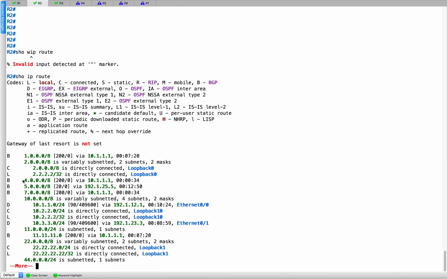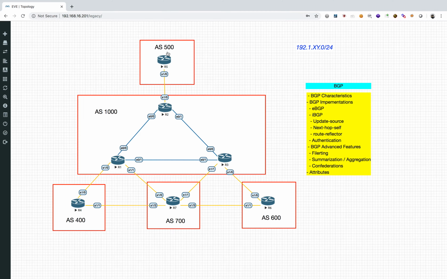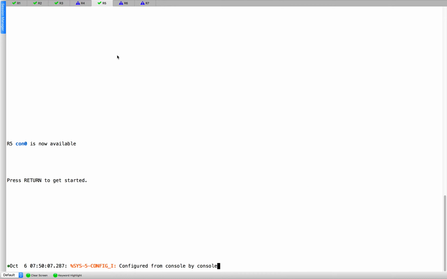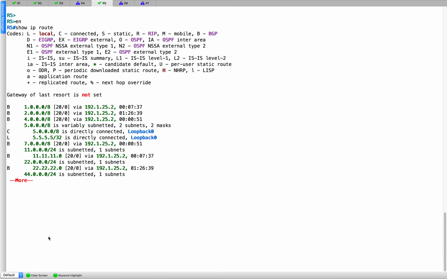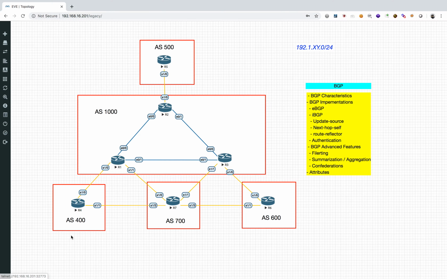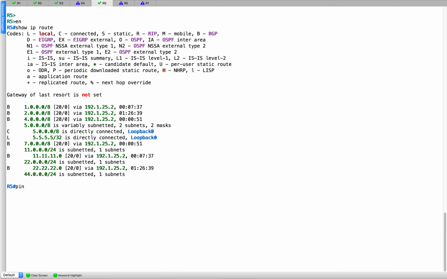Yeah, so you see the 4 network is here and it is present, right. Does even R5 have received it? Yes, the R5 also should have received it, because you have eBGP over here between R2 and R5. So I can do show IP route, you can see the 4 network is here and it has received it. Okay, now the question, can I ping my 4 network from R5? Let's try that. Ping